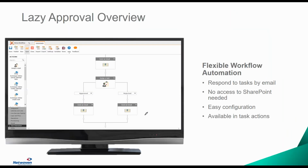Lazy approval, you'll notice that the workflow hasn't changed. Lazy approval is just a checkbox inside of the task. What lazy approval allows us to do is respond to the task via email. Okay, so what does this mean? This means that if you're a manager, and this is what your managers will love, if someone puts in a request, let's say for a time off or an expense report, if you have enough information in the email task sent to you, you can just respond and say that, yes, I'm approving or rejecting based